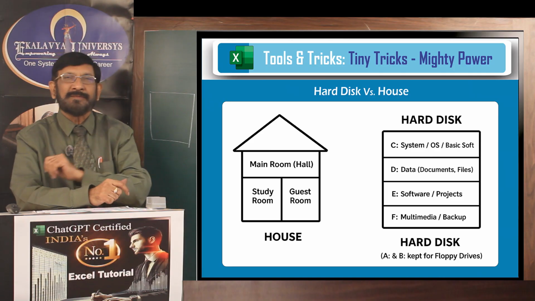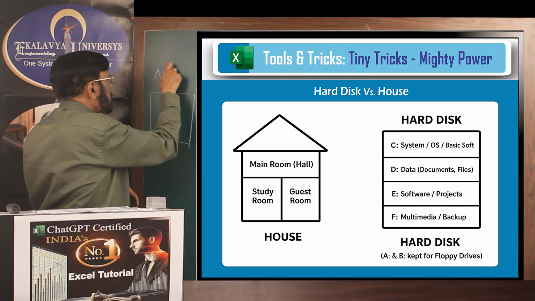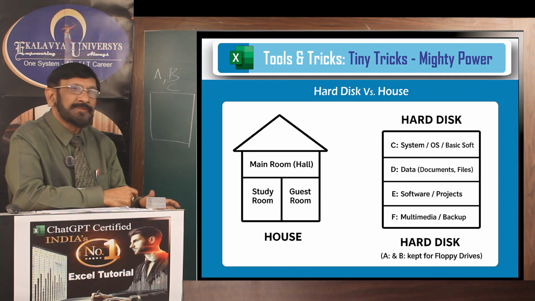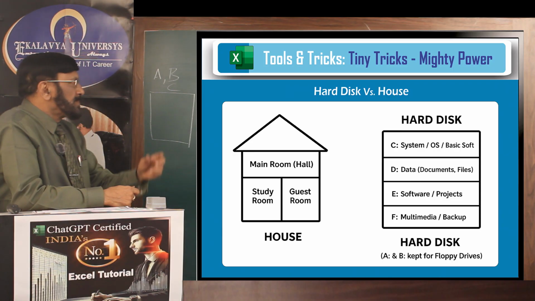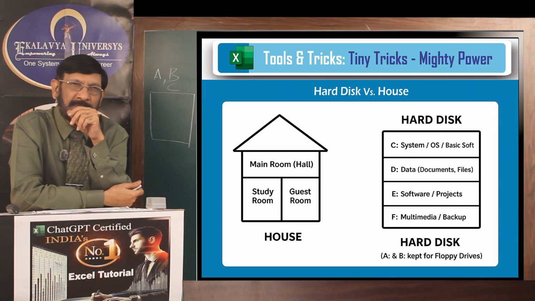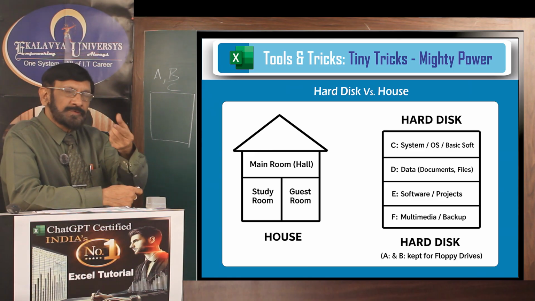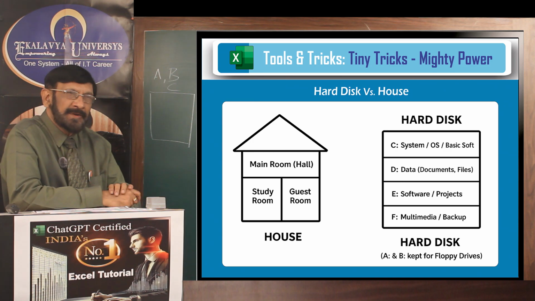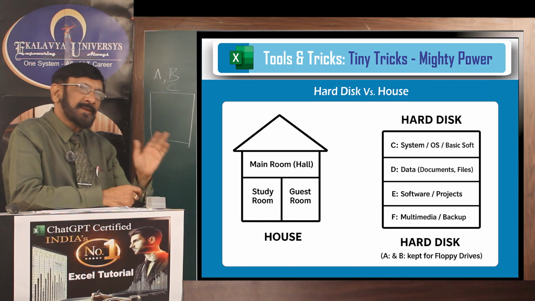But one fact you have to understand: any hard disk you see, you cannot find A and B. It starts from C. What is the reason? Most of you do not know. Actually, 20 years ago, around 2000, there were two disks, A disk and B disk. Those are floppy disks. Floppies were very popular at the time to store small data. So, a small floppy disk and a big floppy disk, two types of disks are there. And for them, A and B drives are earmarked.